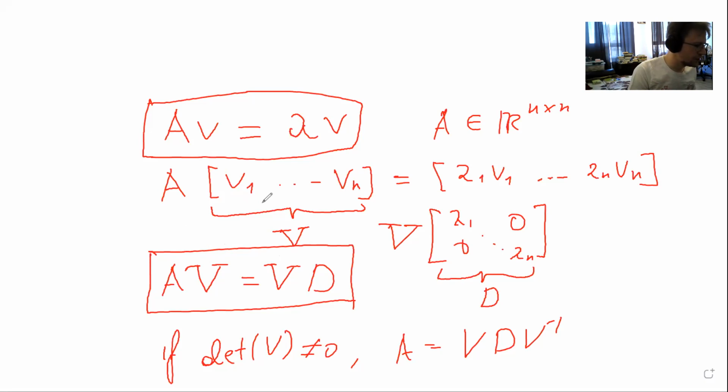But yeah, as people pointed out in the chat, Eigen Decomposition is an algorithm. You can check out implementations in Python. True. AV equals VD is something that should be proven in general. So this just follows from this definition, assuming that you have n eigenvectors. If you remember linear algebra, you can tell me some matrices don't have n eigenvectors, and you will be right. So it's not always the case that you have n independent eigenvectors.